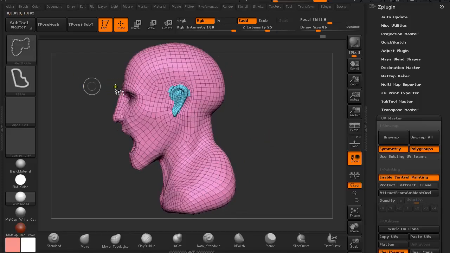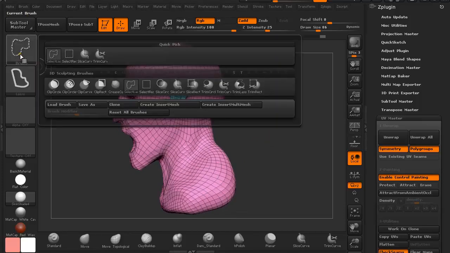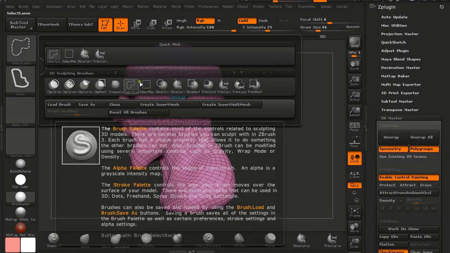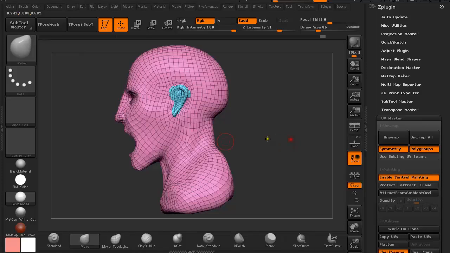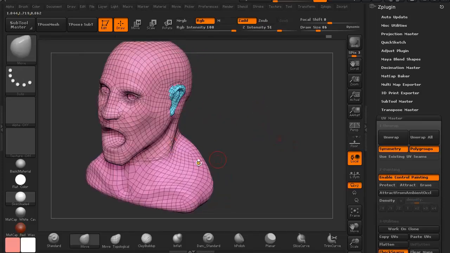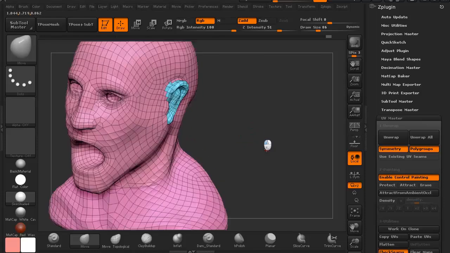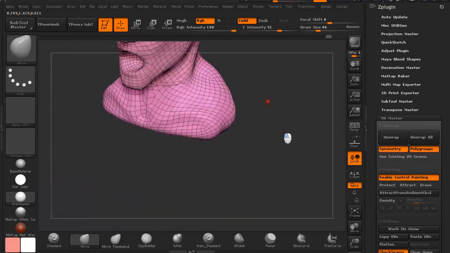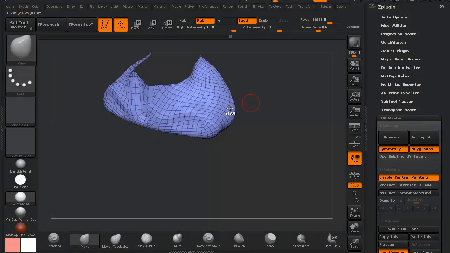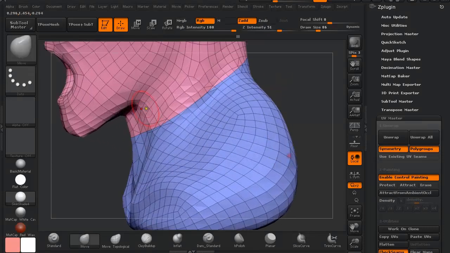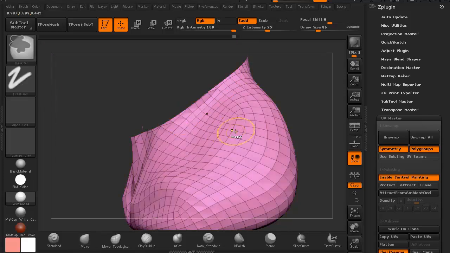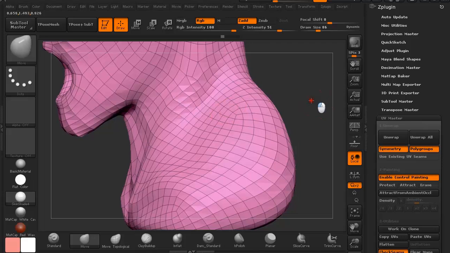The other way, which is really not what we're looking for, is Slice Curve. Normally it slices it and creates a new polygroup. I don't know why it's using similar colors, but as you can see here, it really messed up our topology flow, so I don't recommend this kind of creating